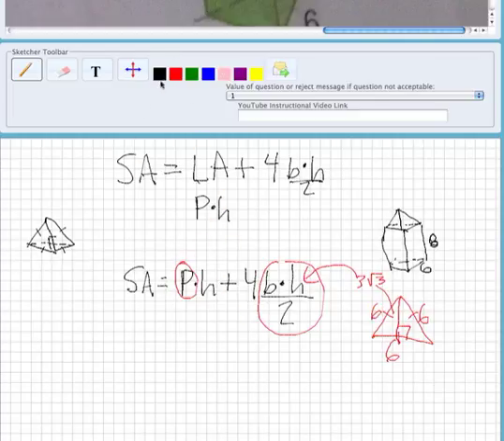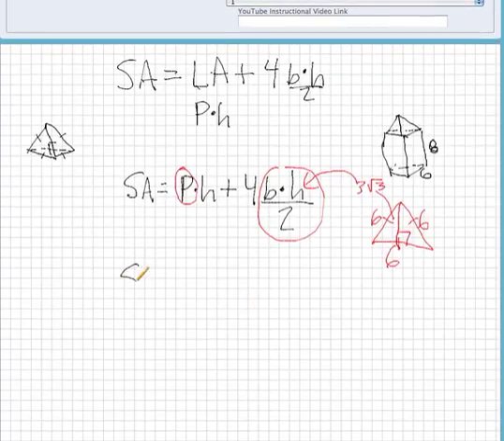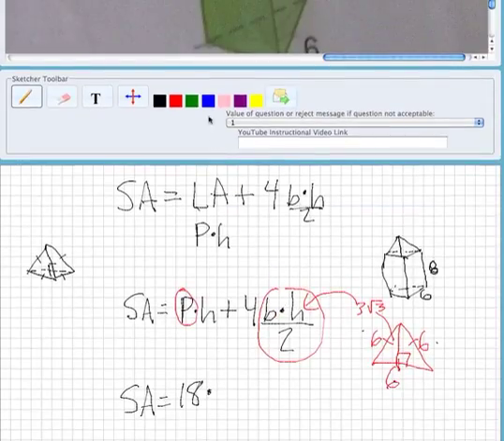So now we're going to plug in each one of these things into this. So the surface area is going to equal, we added up the perimeter, 6 plus 6 plus 6 is 18, times the height of the prism. Now if we look at the height of the prism, this right here is going to be the height, the area in between the two bases of the triangular prism. So this is going to be 8. 18 times 8 plus